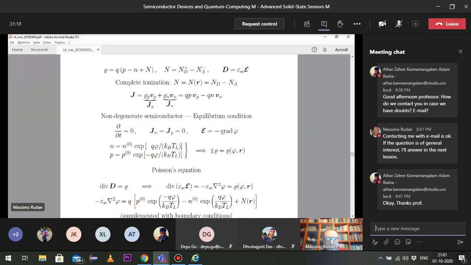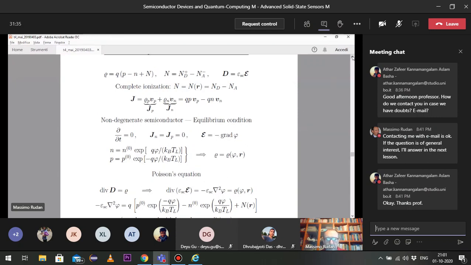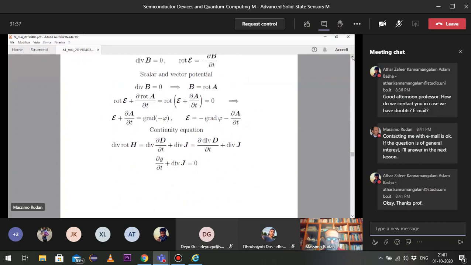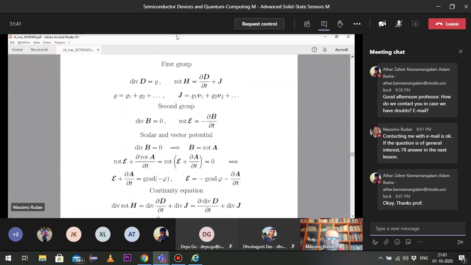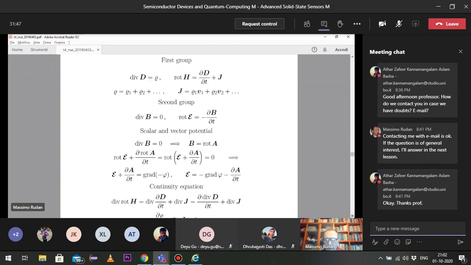Now, since the time derivatives are 0 and the current densities are 0 and the electric field is just minus the gradient of phi, you don't need anymore the full set of the Maxwell equations. You actually need only one equation, the first one. Divergence of D equal to rho, because